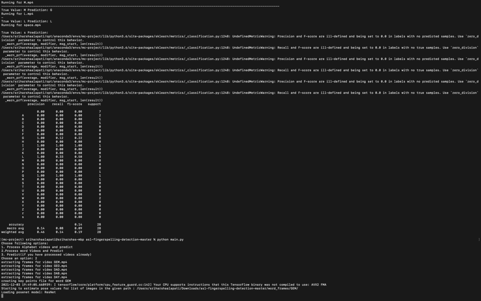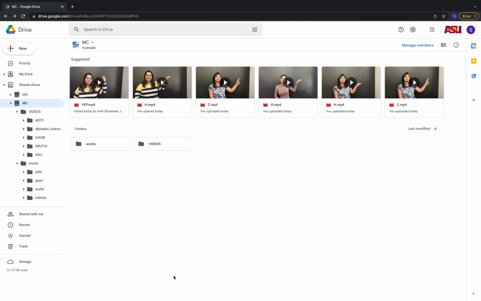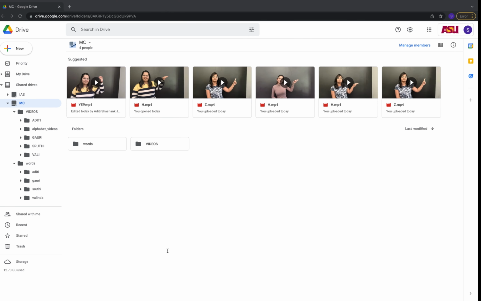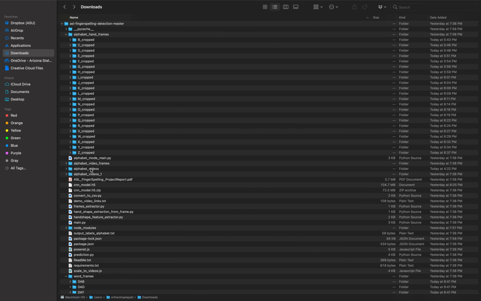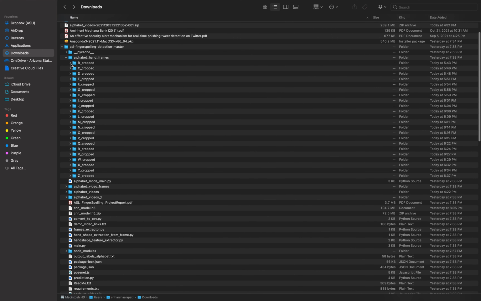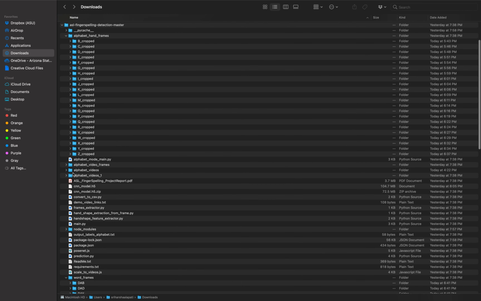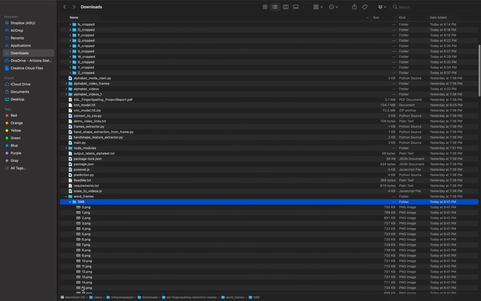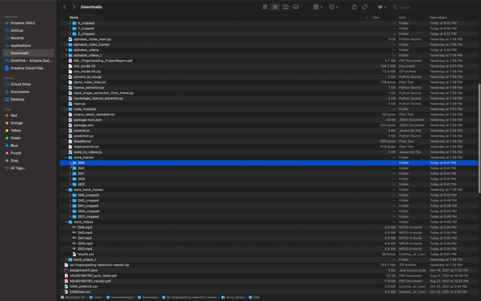I have just used 6 words, because it is taking so long for each word to extract the frames and the hand shape feature. I can even show the PoseNet values. It also segregates the frames and crops the hand feature out of it, and that is done with the left hand. The word frames are like D A D, so the D A D hand feature is being cropped. These are the word frames.